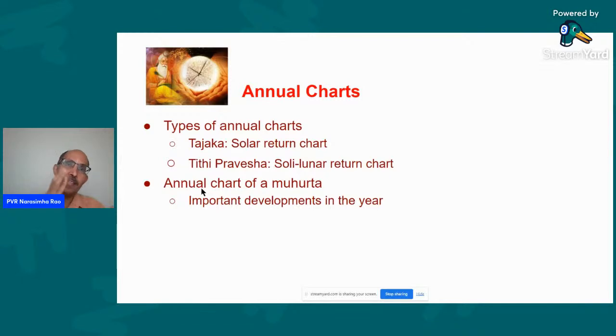what I am seeing. If I see something in the natal chart dashas, the Tajika chart of the person, and the Tipravesh chart of the person, and maybe transits are also suggestive, because none of them are conclusive. Everything is suggestive that this is possible, this is less possible, etc. So by adding this also, I can be more confident. So that is basically how I use it in real life.